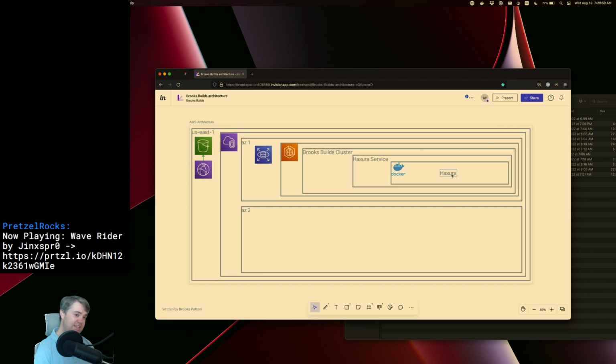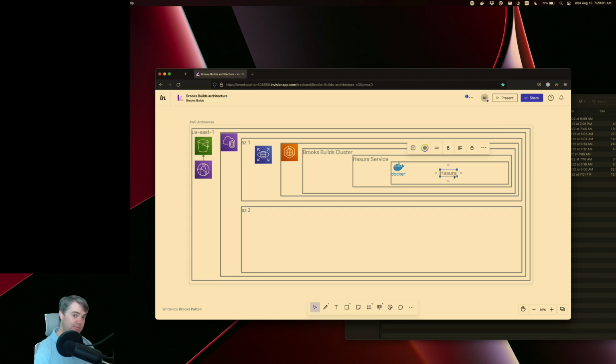Now I told it to give me a public IP address for testing purposes, and I eventually got it to the point where I was able to connect in. It's a combination of settings on all of these things, plus proper security group updates. But then I was trying to shut that off so I can have no public access to Hasura, and then we're going to go through a